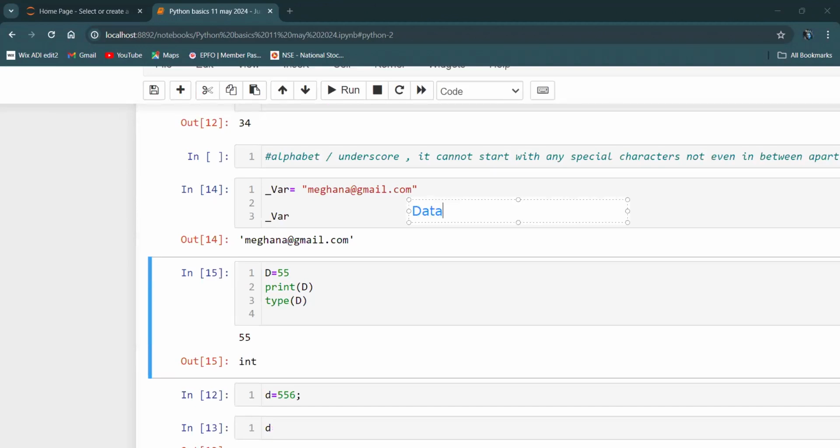So the data types. We have numerical data. Under numerical data, we have integer, float, and complex.